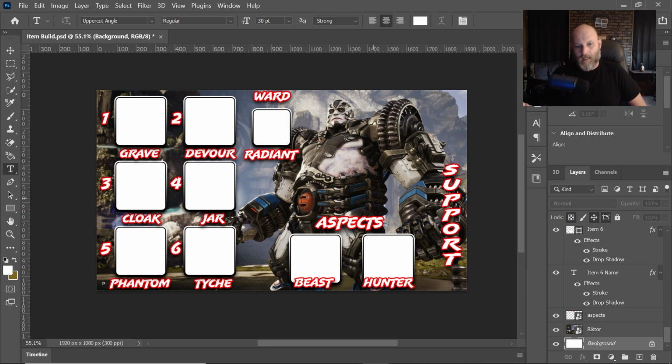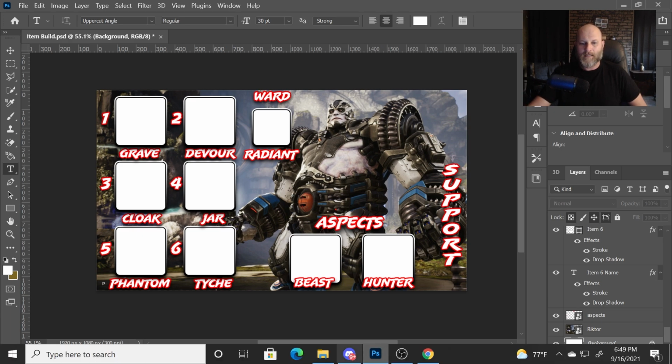I've already got all the aspects, the pictures and everything, saved. And I already went through and did a little build for jungle, which I don't think I liked, but yeah, we're just going to go through. We're going to do the Support Richter build right now. And we're going to start out with our aspects. So